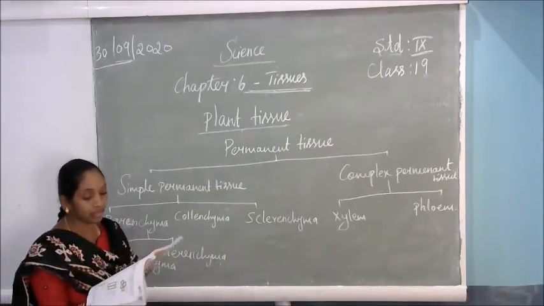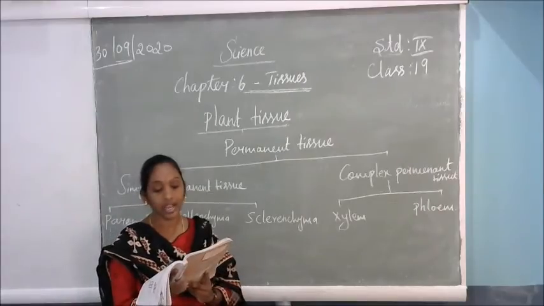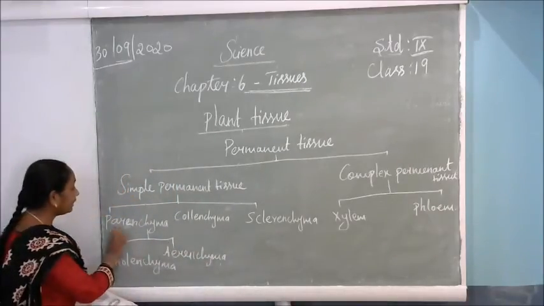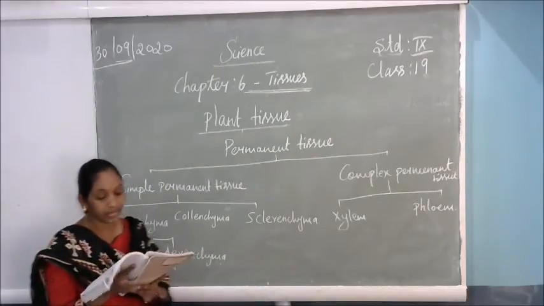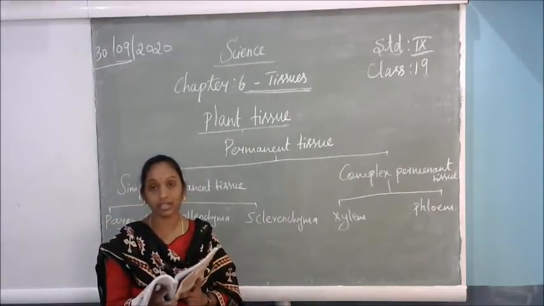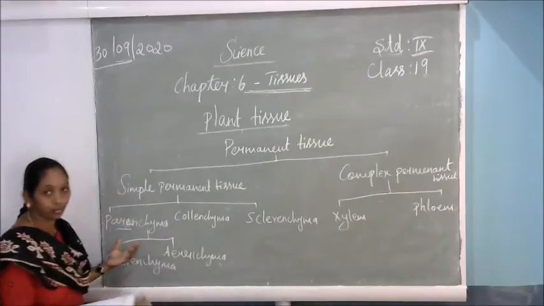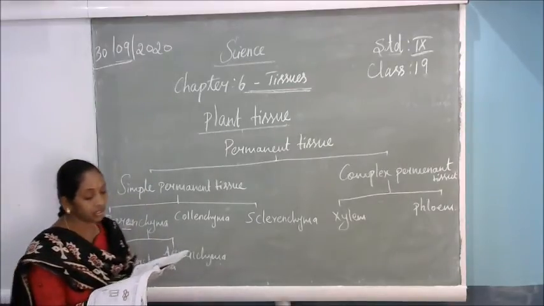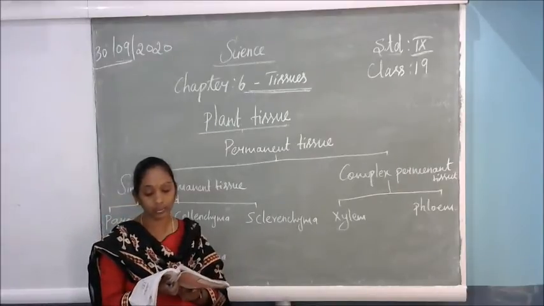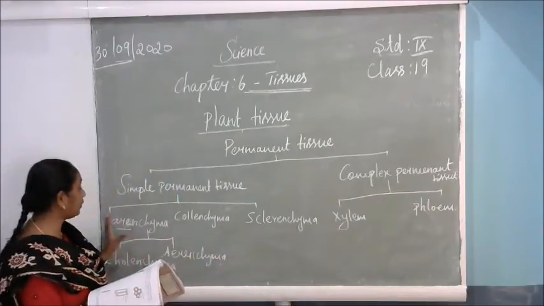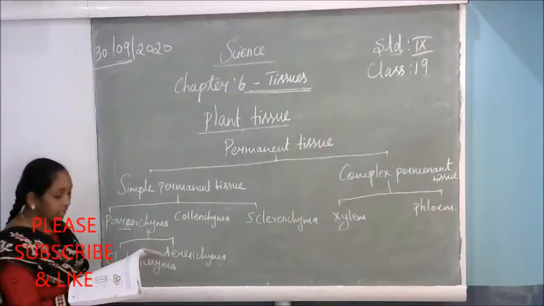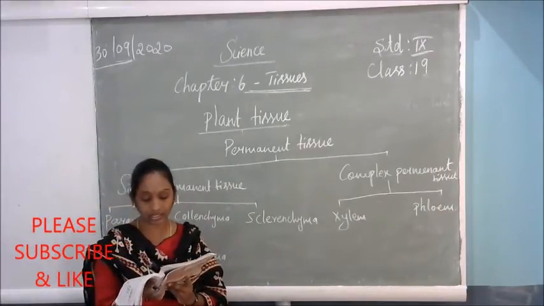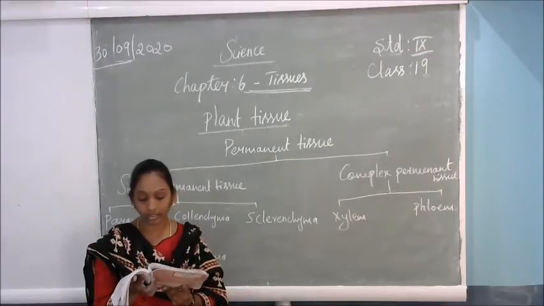This parenchyma tissue consists of relatively unspecialized cells with a thin cell wall. Parenchyma cells are living cells. They have a thin wall and they are live cells. They are usually loosely packed, so the cells are loosely packed inside the structure. Large spaces between the cells, intercellular spaces, are found in these tissues.